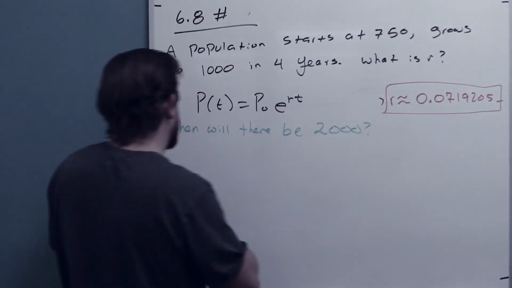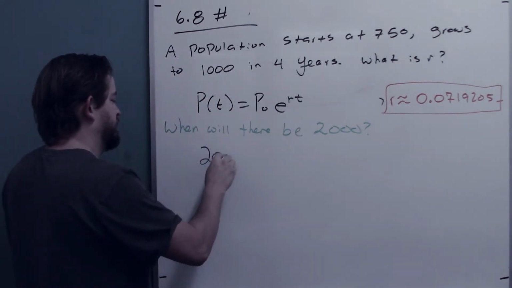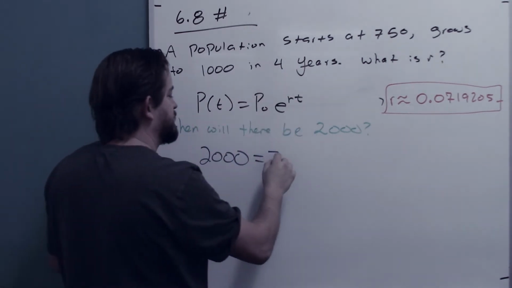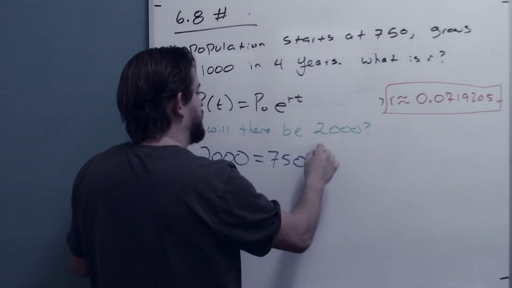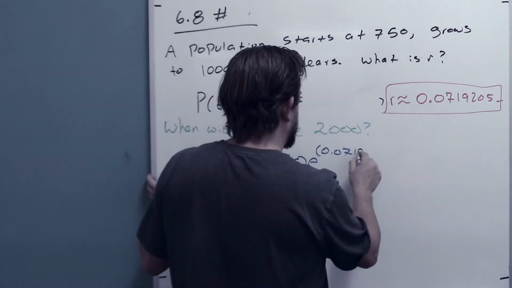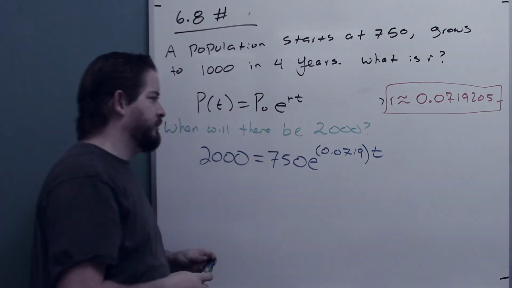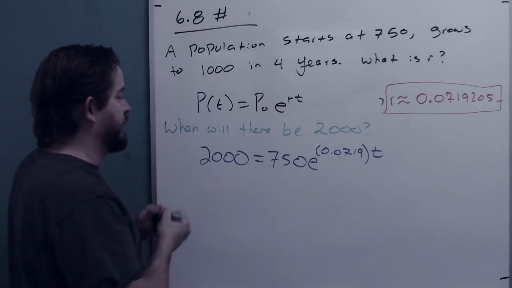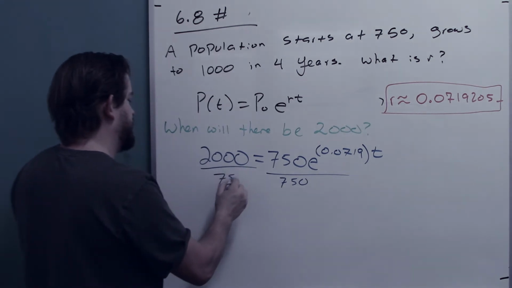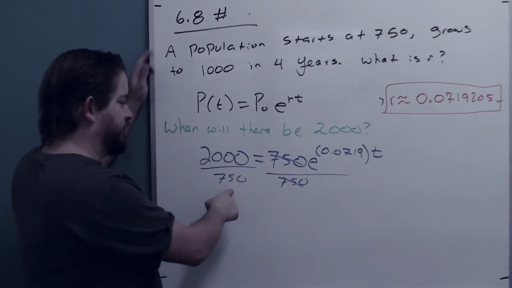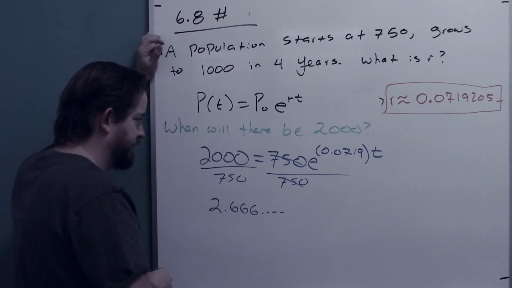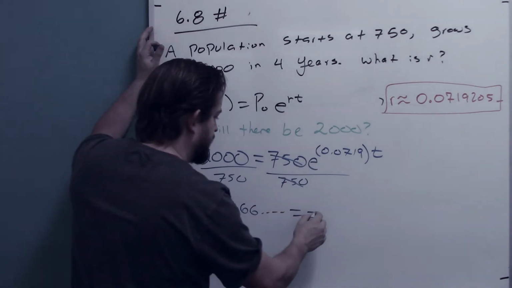Well, that would be 2,000 in for P of t is equal to my initial population, still 750, times e to the R. I know what R is, I'm going to use 0.0719, they round it down, and then I just have to figure out what t is. So I divide each side by 750. This is going to be forever repeating as well, 2.666 forever, equals e to the